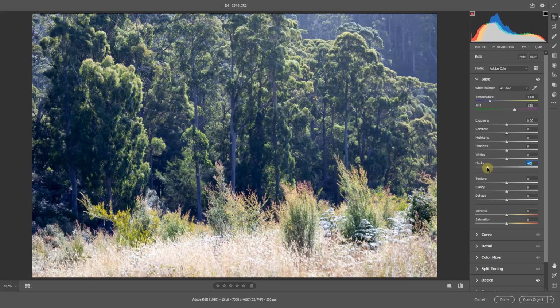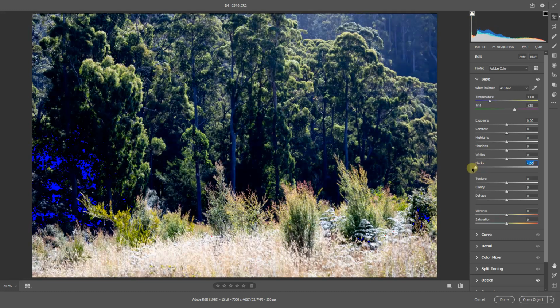But you can see now by dragging down that blacks, the histogram looks a lot better. I'm not losing any detail. You can see if I go a little bit more to the left, look up at the top right, you can see a little fine line appear at the bottom left corner of the histogram, and the clipping warning lights up. But I have to go quite a long way before we start to see any colour evidence of that